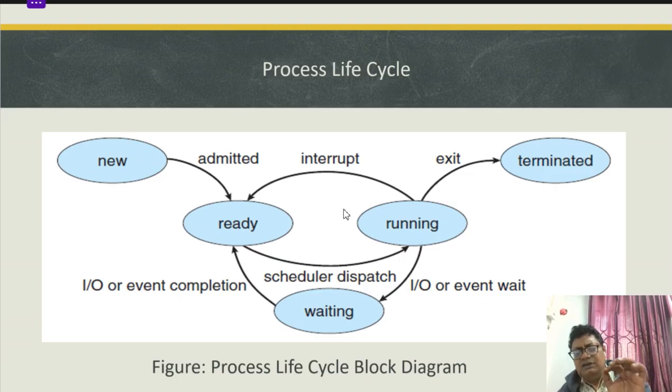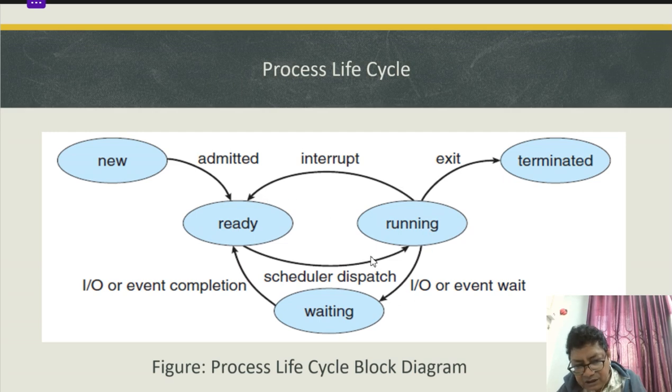But I give another example to you for easy understanding. Suppose round robin. Round robin means where the time slice is very, very important. Assume every process has 2 nanoseconds, or 2 unit time. So every 2 units, you simply stop that process. It goes from running to ready. And another process gets a chance to execute in the main memory. So it is ready to running.